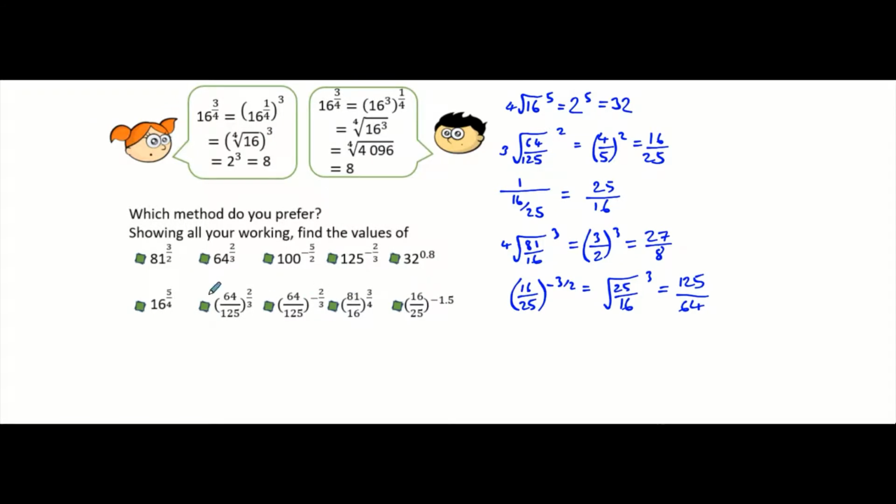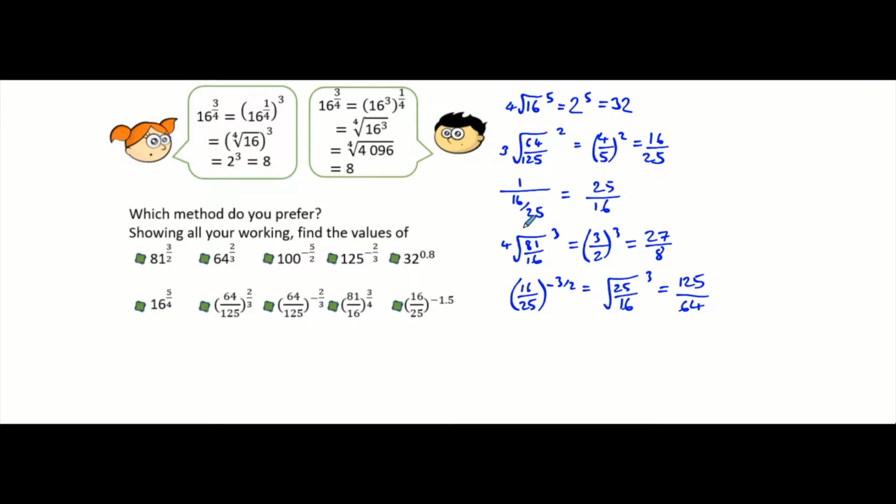The ones on this second row are similar. The power applies to the numerator and the denominator. So in both cases here we would cube root and then square it. So cube root of 64 is 4, cube root of 125 is 5, and square that to get 16 over 25. Now if you had something with a negative power, 1 divided by a fraction is going to end up